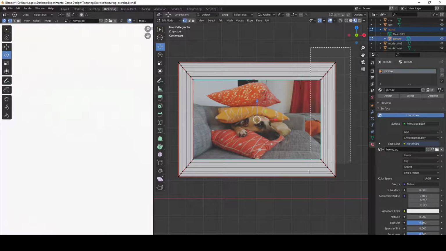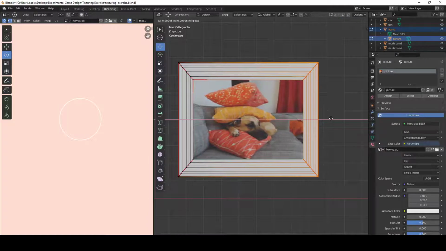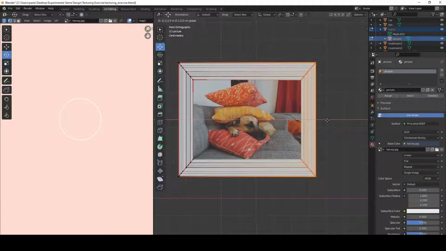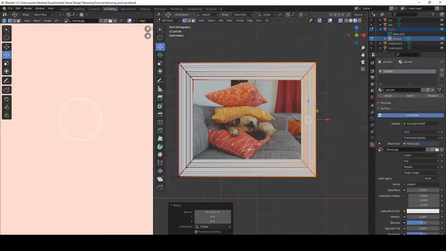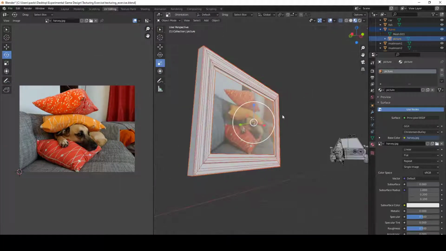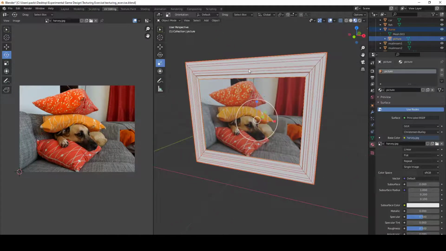So I go to edit mode, and I'm just gonna select in X-ray mode. And instead of stretching it and scaling it, I'm just gonna move these vertices, effectively changing the aspect ratio of my image without changing the thickness of this part of the frame. So try to get an arbitrary image, load it, whatever aspect ratio, and try to adapt the